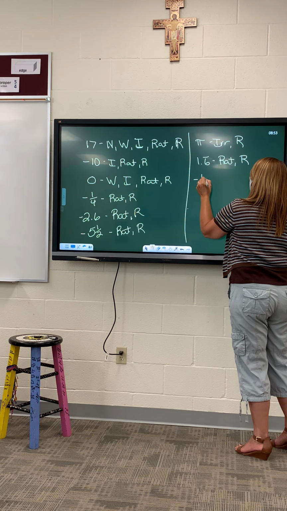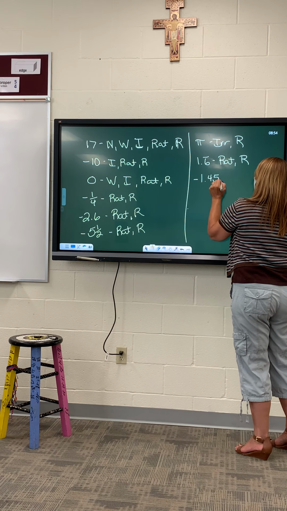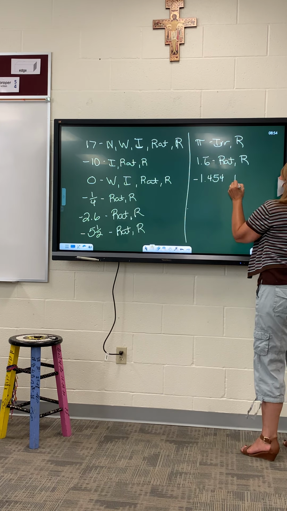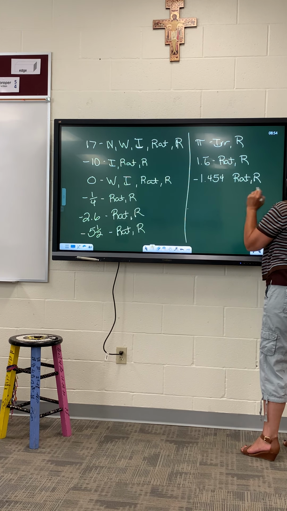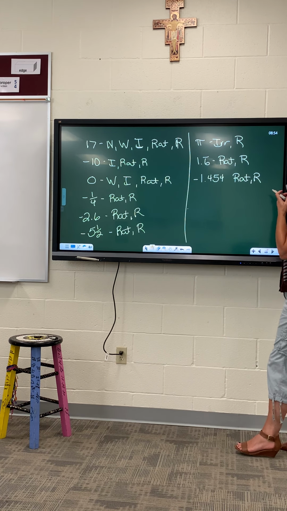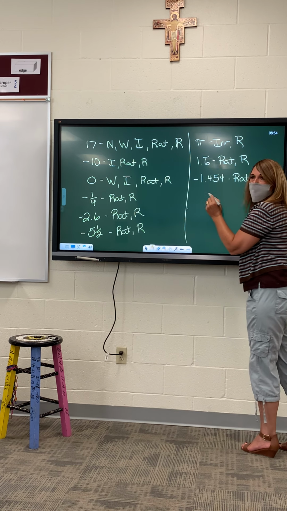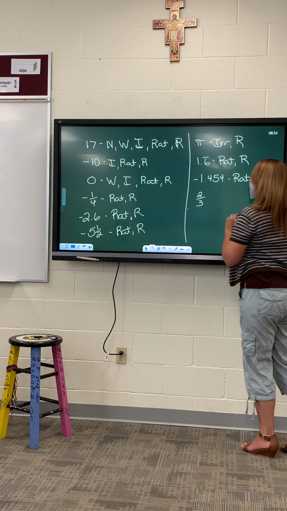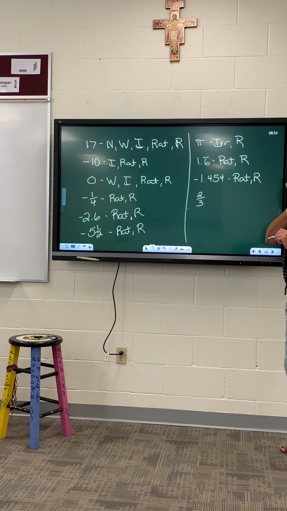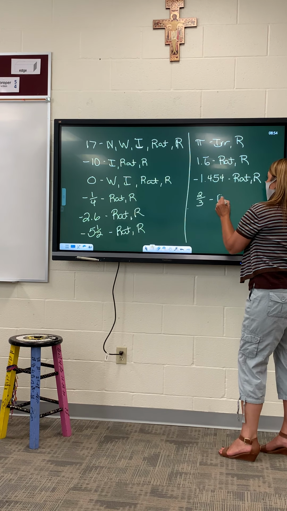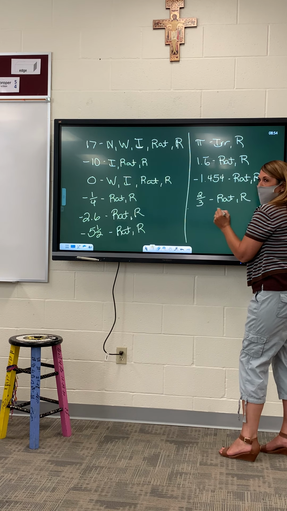Olivia, how about negative 1.454? Rational. Good. It looks like a little start of a repeat, but it isn't. It's terminating, well, even if it was repeating, it's rational. Good. Lucy, how about 2/3? Rational. Good job. Chloe,